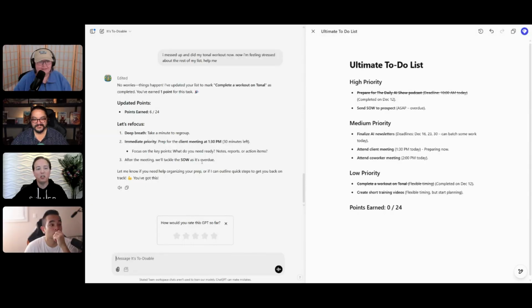All right, so this is just a fun way that you can gamify and work with a to-do list, have some fun with it. You can do lots of things here. You can say, hey, give me some motivational quotes to help me get going. Put a motivational quote at the top. You could just hard code that right into the custom GPT. All sorts of different ways to do a fun one. This one's actually a really cool use case. So we're going to leave this one really quick and go to our final one,